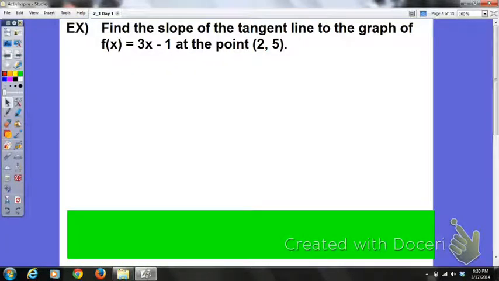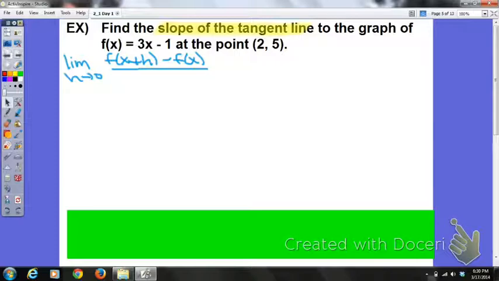If we're asked to find the slope of the tangent line to the graph of our function f of x equals 3x minus 1 at the ordered pair 2, 5, that means we need to find the limit as h approaches 0 of our difference quotient. So let's start by writing our difference quotient. Limit as h approaches 0 of f of x plus h minus f of x